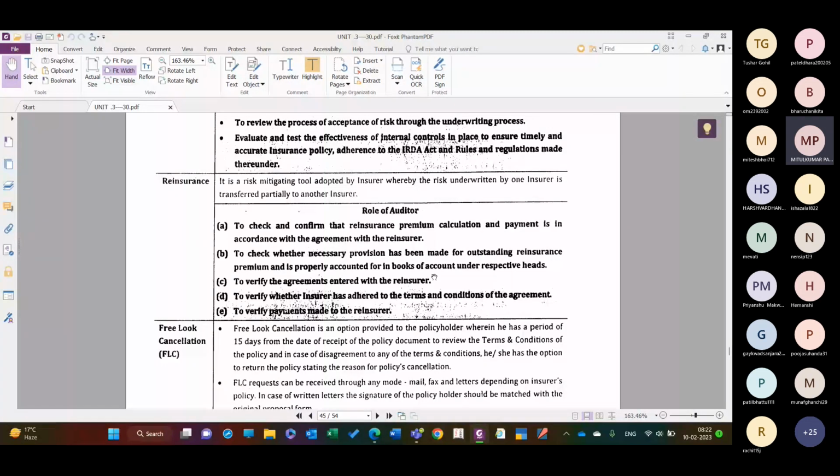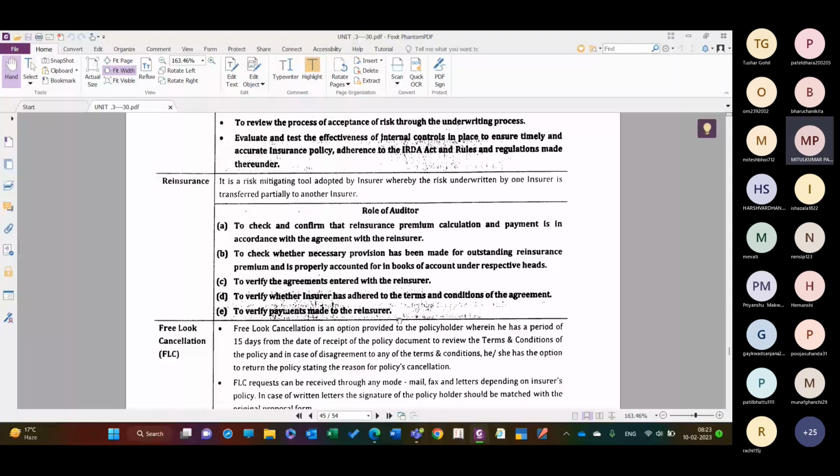But that is what you look into as an auditor of ABC Limited. What will it be if you are an auditor of PQR Limited? In PQR Limited, you need to understand whether the terms and conditions are appropriate, and here you have to verify the payment, that is, whether you have received the payment from the insurer. So the one who got the reinsurance done, from there you have received the premium. So you can understand it both ways, right?